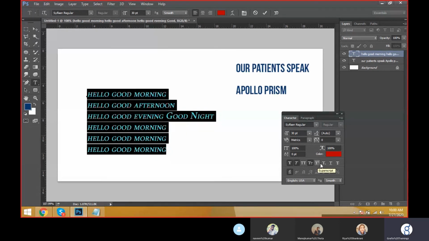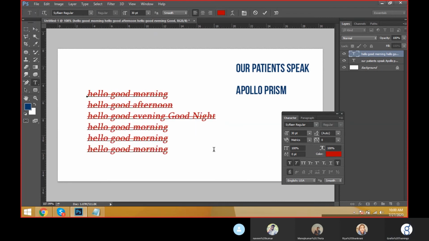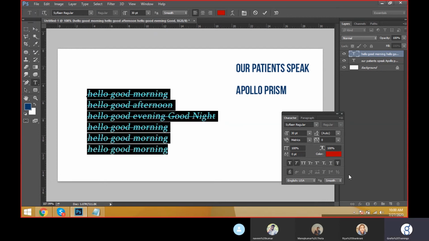And this is called superscript and subscript. We will see. This is underline. We can see here we are already getting underline. Select this one and remove it. We can see the underline, and this is called strike through. Strike through means automatically the strike will flow on the text. This one, strike through, metallic and bold.